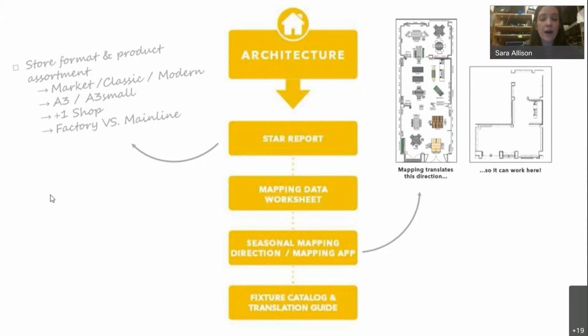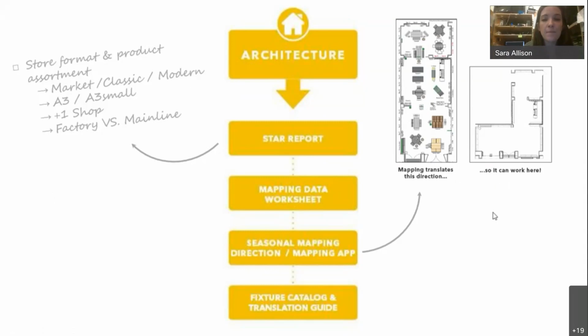Under architecture, we also have, of course, mapping and the Mapped app, which are huge components of the architecture filter. So how do you take the lab store direction we see here on the left and translate it into a store that looks very different? How are we making the stories come alive in the same way and really making the floor set fit your space?